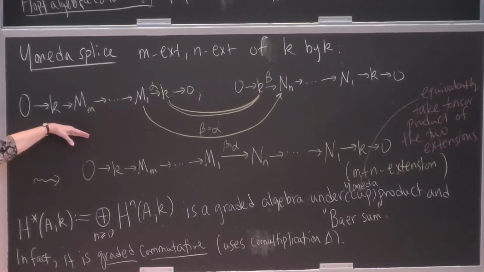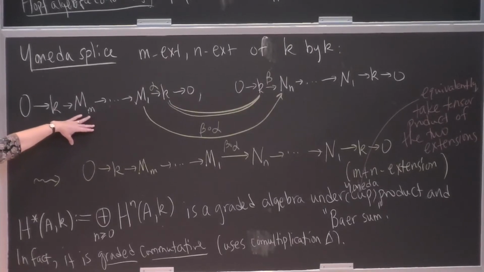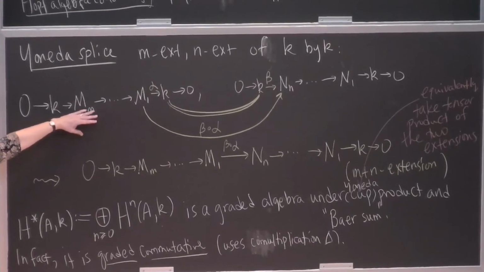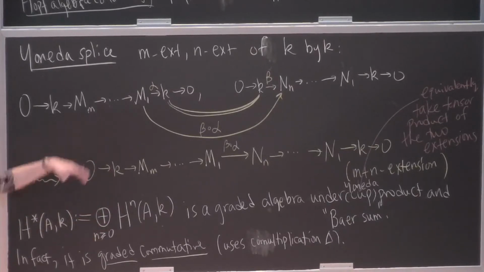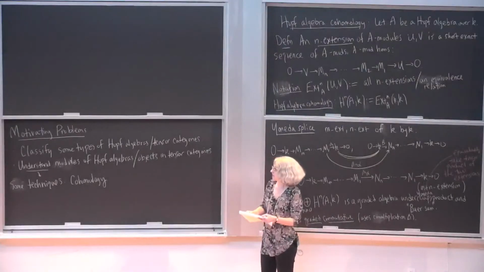You have to check that everything works just fine. That's a second way to define the product, and it will use the co-multiplication. I think with the module structure I wrote over there, you can see how to get it. So you have an extension of k by k, and an extension of u by v. You tensor them together. k is the unit object, and so you get another extension of u by v. There are other ways to define that as well, but it is a module.